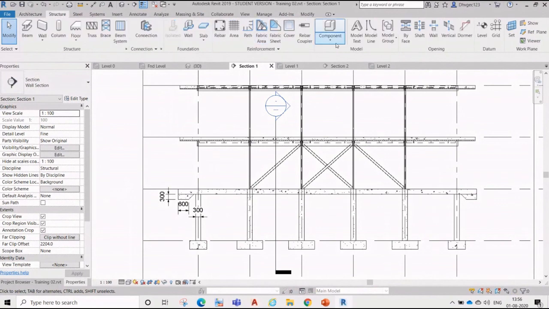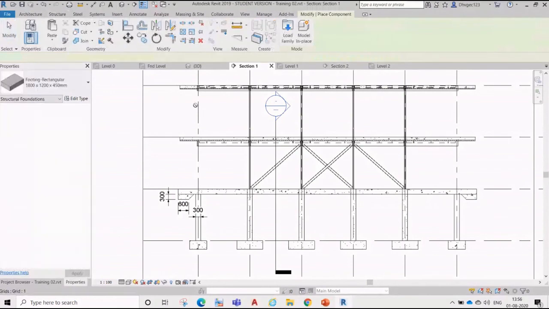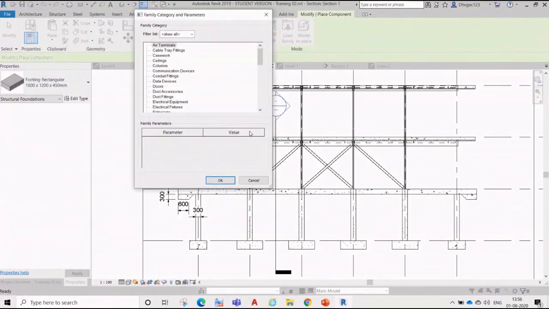and then next week we'll explore the model in place. Right.